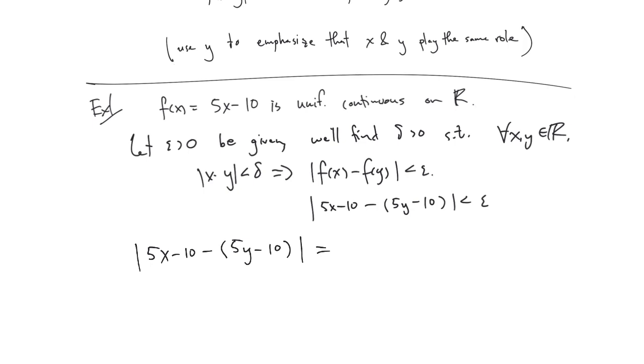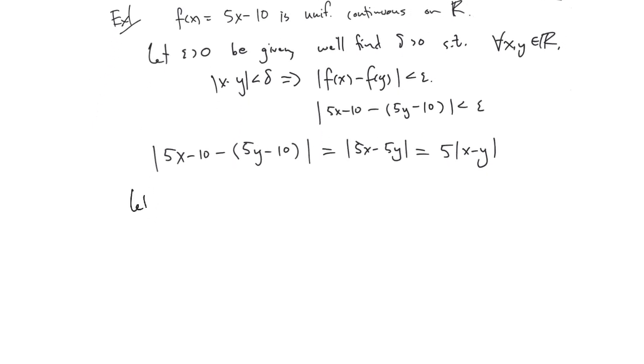Yeah, cancel the 10s, and you end up with 5x minus 5y, right? Which is 5 times (x minus y). And so I can let delta be epsilon over 5, because I want 5 times |x minus y| less than epsilon. We've done this a million times before, right? So I say let delta equal epsilon over 5. Then if |x minus y| is less than delta, we have,